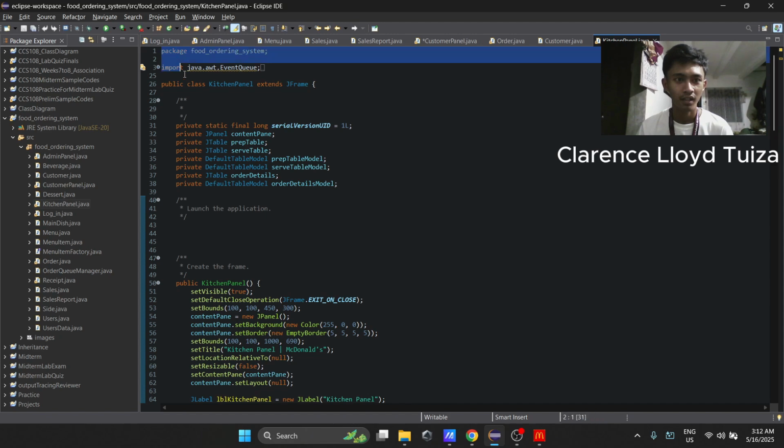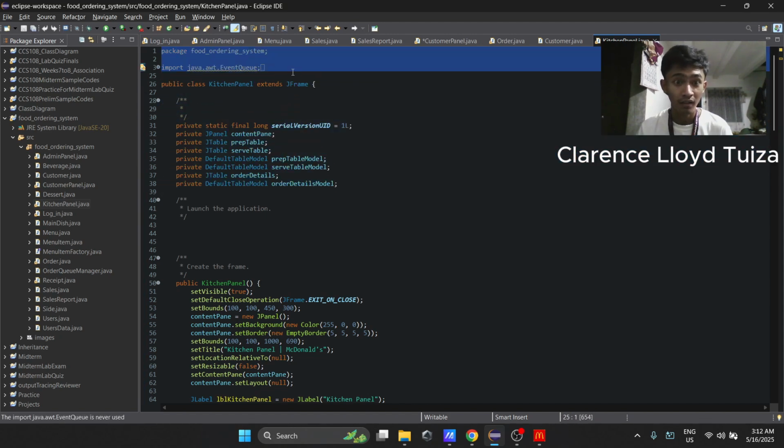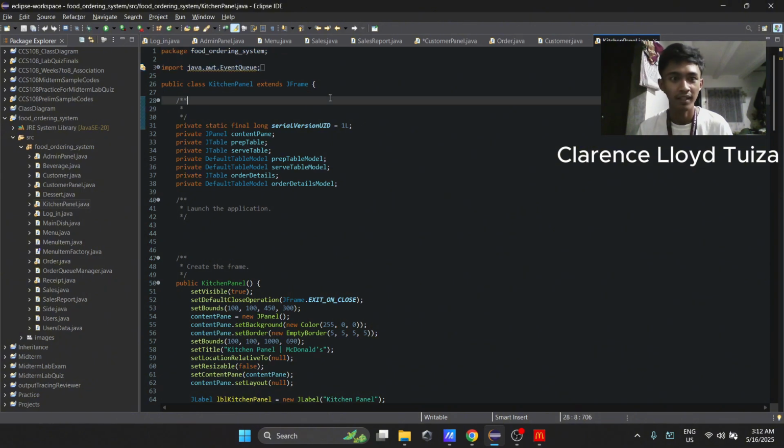These are the import and package lines of KitchenPanel.